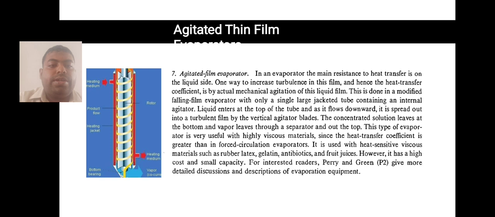Agitated thin film evaporator. In this, the main resistance of the transfer is on the liquid side. The concentrated solution leaves the bottom and vapor leaves through the separator and out the top. This type of evaporator is highly useful for highly viscous materials since the heat transfer coefficient is greater than the